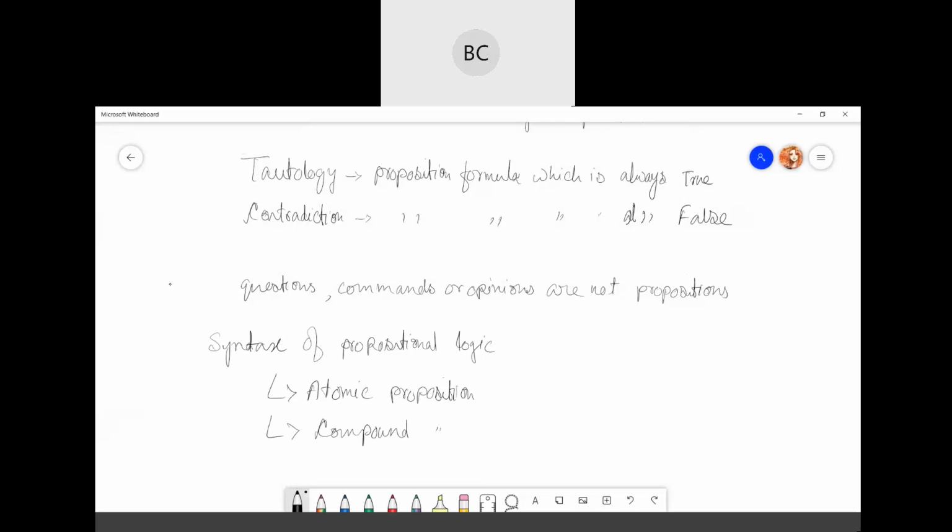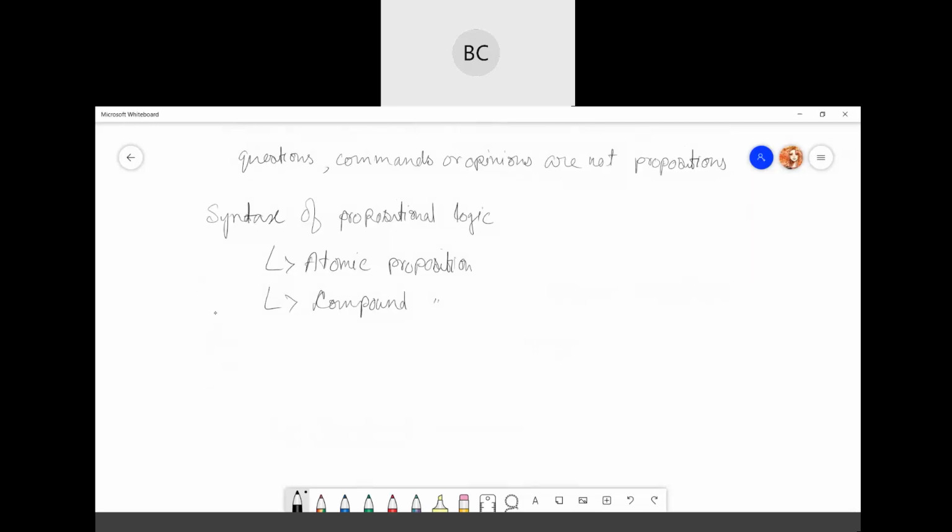It consists of a single proposition. These are statements which must be either true or false. For atomic, you can say just a single proposition symbol.